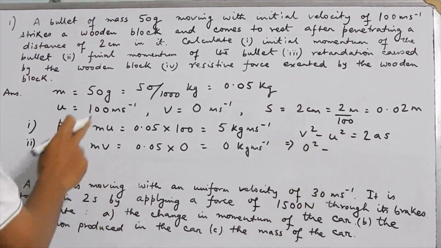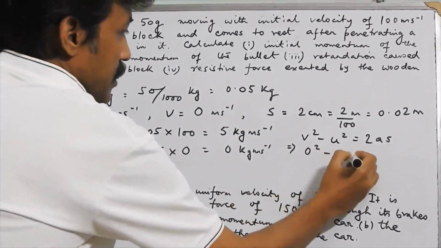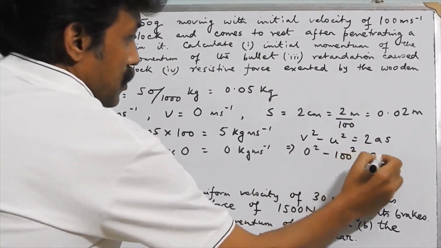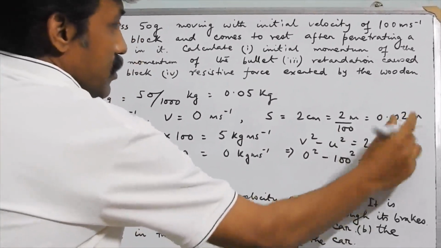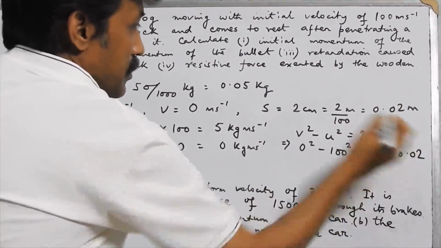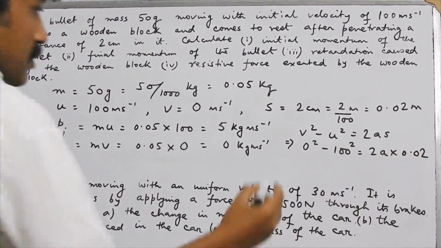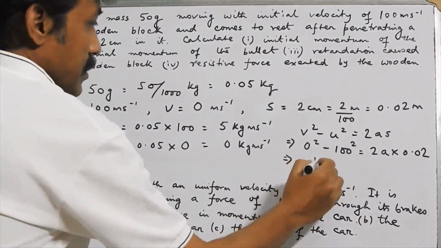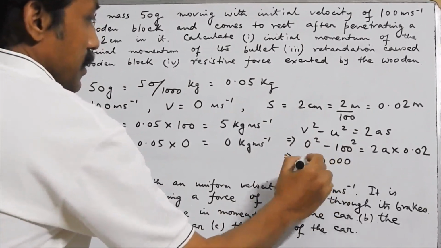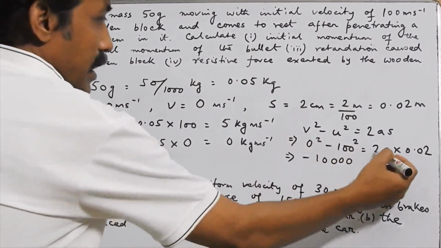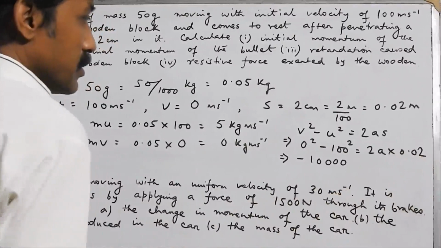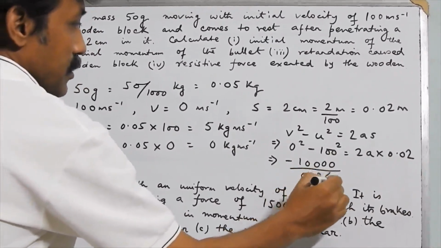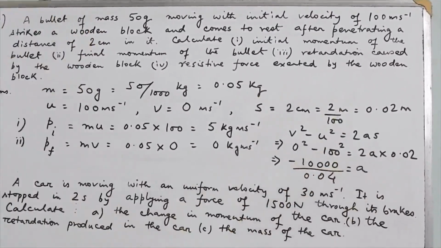What is u? u is 100 meter per second, so that is 100 square, equals 2 into a into s, s is 0.02. So from this you get 0 square is obviously 0, minus 100 square is 10,000, and from here 2 into 0.02,